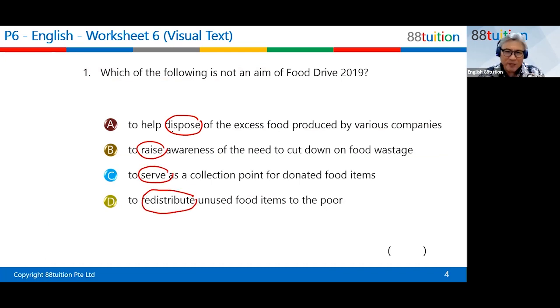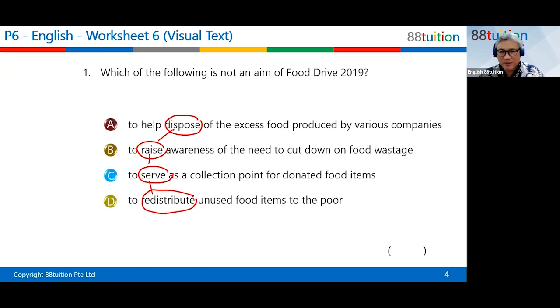So you can see that the verbs are all different, right? If you have the text and the questions on different sheets of paper, you'll be able to look at the text and the questions at the same time. If not, then one way to distinguish the questions is to look at the verbs.